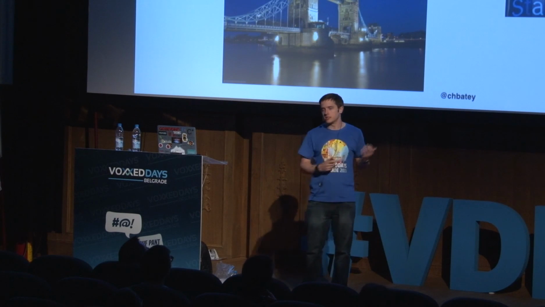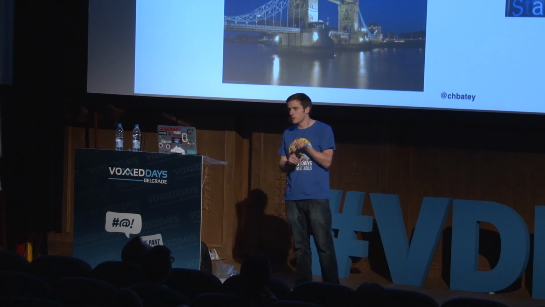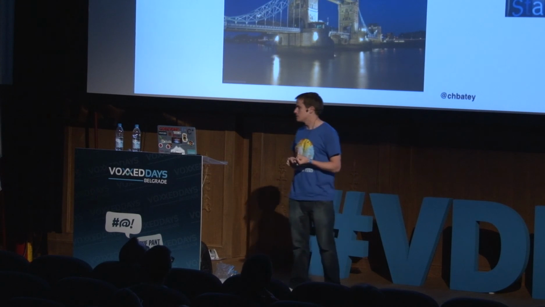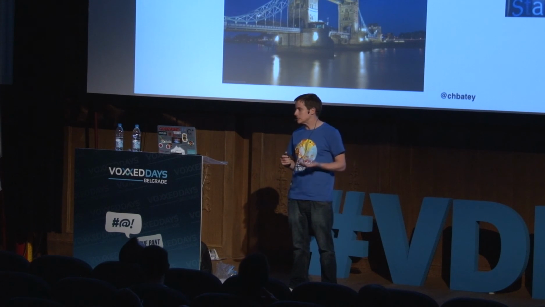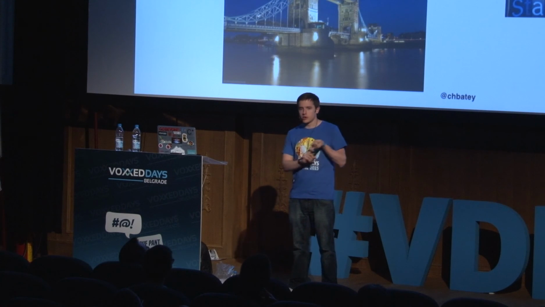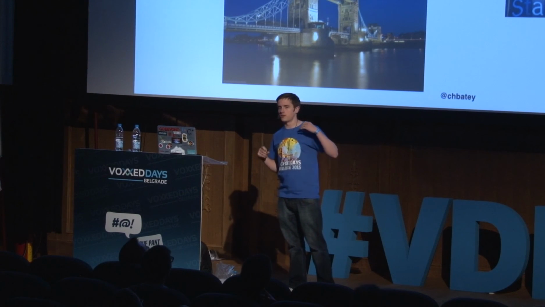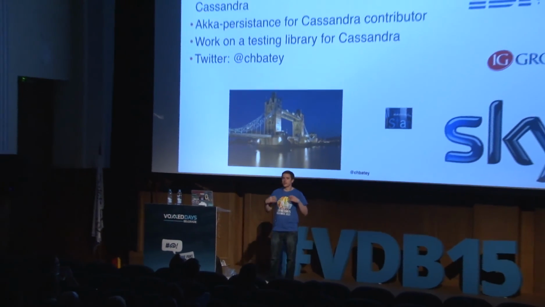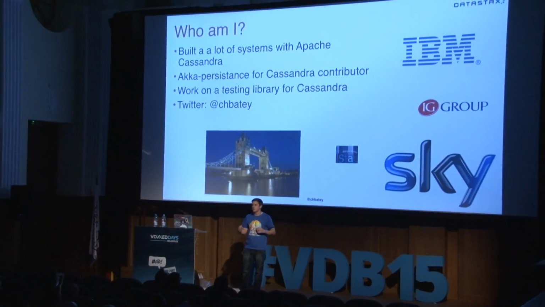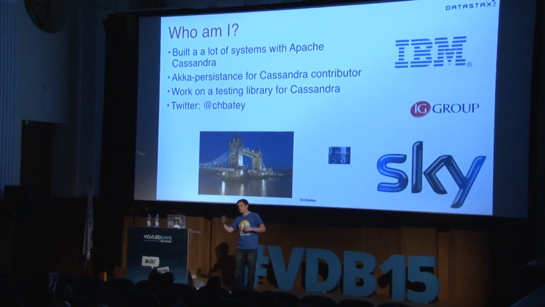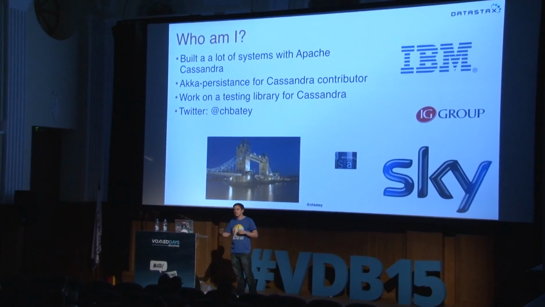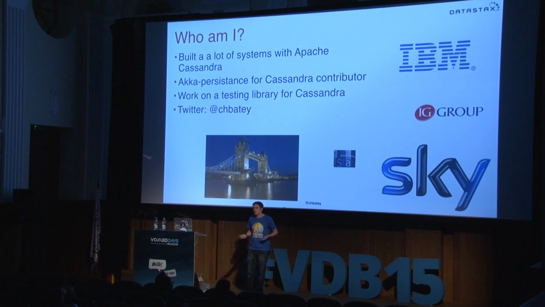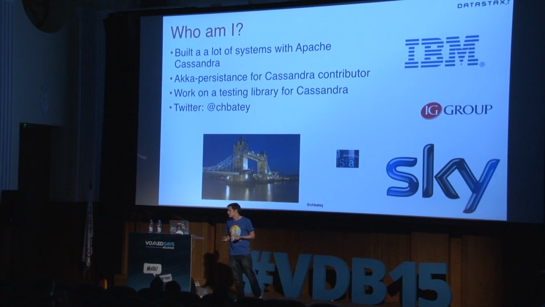I'm not going to give you my life history, but I will tell you why I'm talking about these topics. From the Cassandra point of view, I've built applications with Cassandra for many years now. It's been a while since I've actually used a relational database, done Mongo, done Cassandra, etc. I am one of the contributors for Akka Persistence. If you don't know what Akka is, hopefully you will by the end of this talk, it's essentially a way of programming to actors and sending messages between them. That's all in memory, but if you want to persist the events that come from those messages, then use Akka Persistence. Akka doesn't come with a database, so there are plugins for it. I work on the Akka Persistence one.